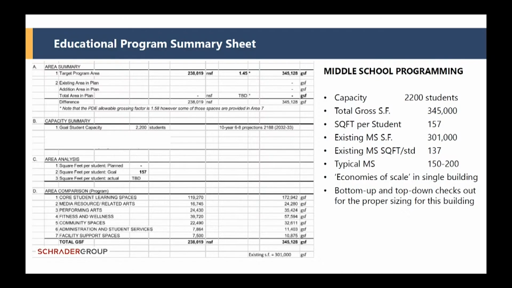The interesting thing about that number is that 200 square feet per student is for a smaller school. If you can imagine trying to net out a gymnasium, the dining spaces, performing arts spaces, all of those things for a smaller school, they still end up being fairly similar in size to those for a larger school. So your gross square footage gets reduced as the buildings get a little bit larger, and thus that 150 square feet per student. So you can see that that 157 square feet per student is a pretty good number in the range of total square footages. So that was test number one, and I think we're going to talk about test two in a second.